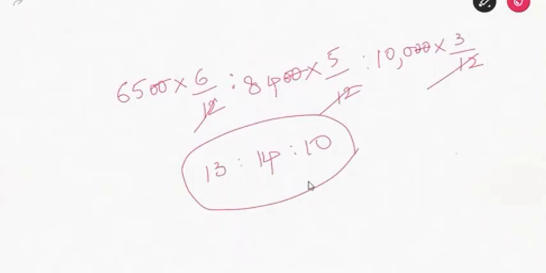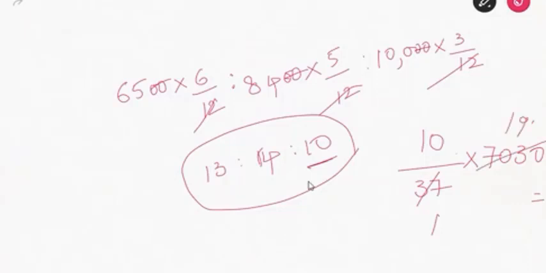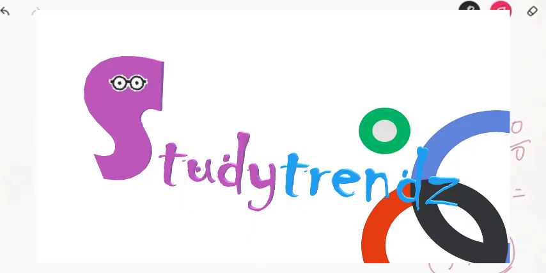Now our question is, what is C's profit? You have to find out the 10 parts value. Totally how many parts are there? 13 plus 14, 27, plus 10, 37 parts are there. Out of these 37 parts, 10 parts is C's value, and the amount to be shared is 7,030 rupees. Upon simplification, 37 ones are 37, and 37 190s are 7,030. Totally, the profit to be shared to C is 1900. See, you have to be swift in calculations, and these questions are very helpful to crack your GATE examination, right?